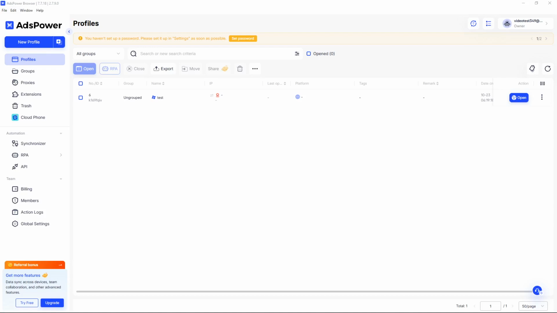First, you'll need to open the AdsPower application. Once you're in, navigate over to the Profiles section. Here, you'll see a list of all your profiles. This is where you can manage different data sets associated with each profile, making it a powerful tool for managing